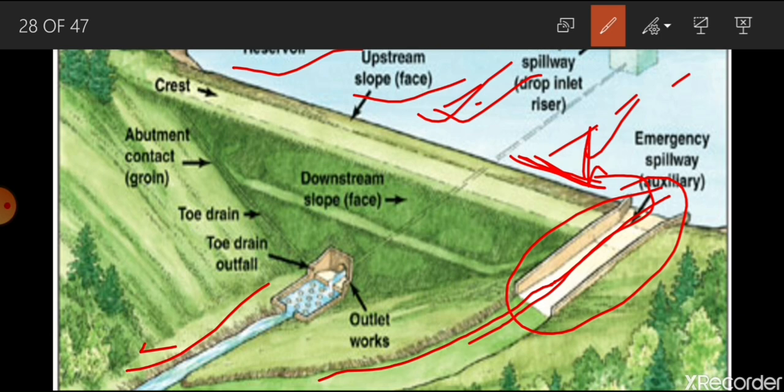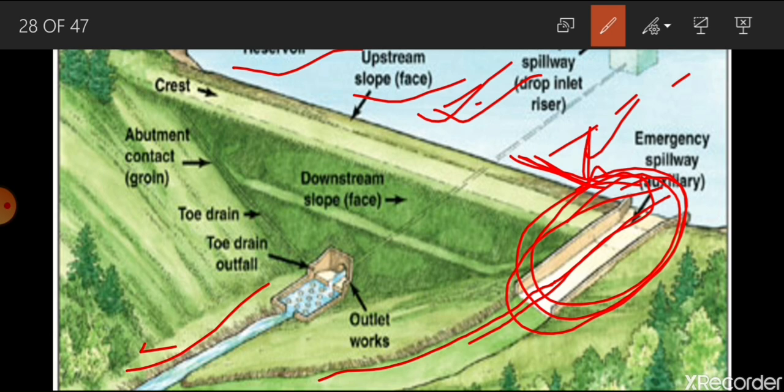It's very similar to the temporary gully control structures, where I told you about the weirs, rectangular shape, and all those things. This is the same thing, but what is the difference compared to the temporary gully control structure? This is made of RCC. This is a permanent structure. So we are going to talk about this kind of structure. Such structures have different utility or different shape as per the different purpose.